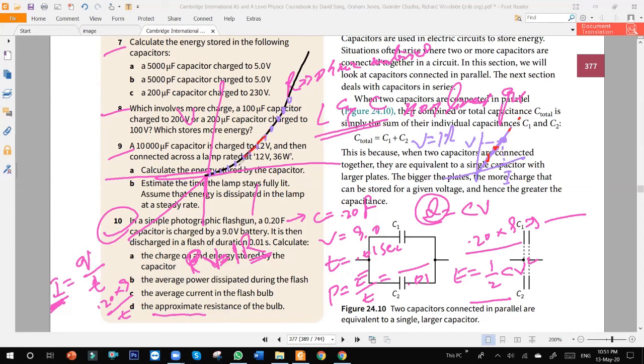Line is straight in these 2 points. So for this, you will get resistance R1. Okay, the line is straight like this. For this, you will get resistance R2. For this, you will get resistance R3. For this, you will get resistance R4. Okay. Then, if you want to find the resistance from this point up to this, then you will add all these numbers, like we do in maths.